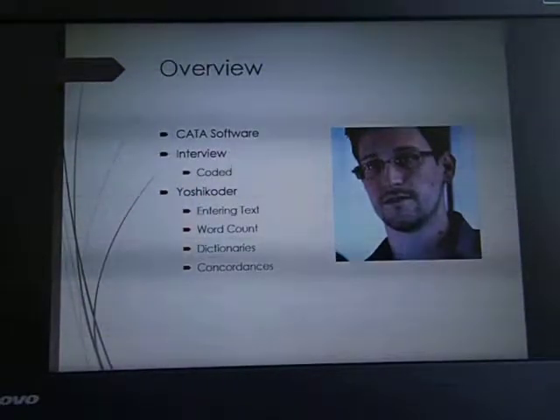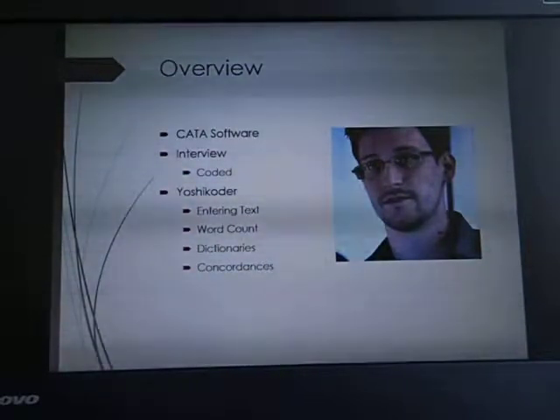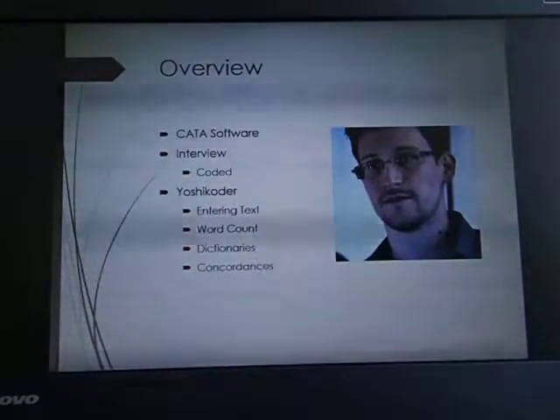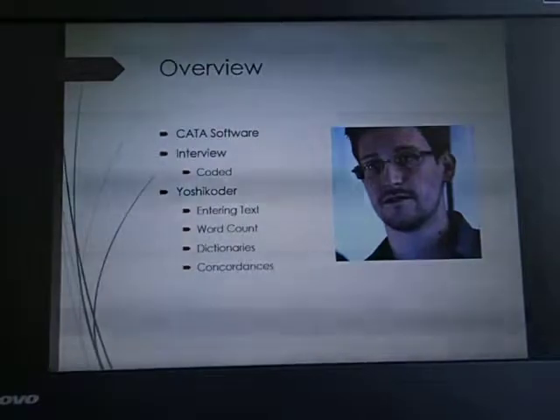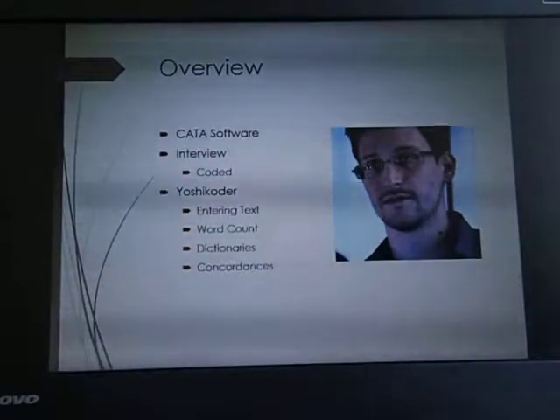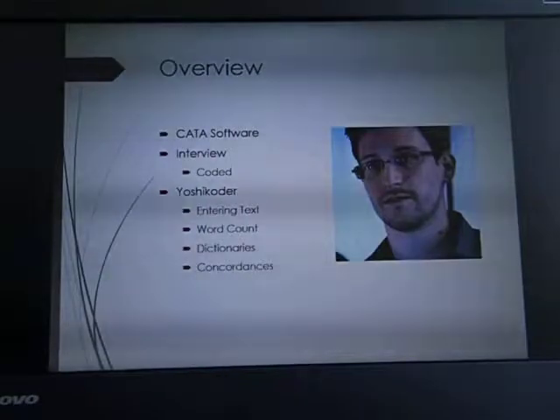I'm going to be doing an overview of the software and what it has to offer. Then we will be looking at an interview. I will actually code it. So just a refresher from what we discussed last time. And then I will be using Yoshi Coder, which is a form of CATA software. I will be showing you how to enter text into the Yoshi Coder, how to obtain a word count, how to create dictionaries as well as get the results from those dictionaries, and then how to use those dictionaries to